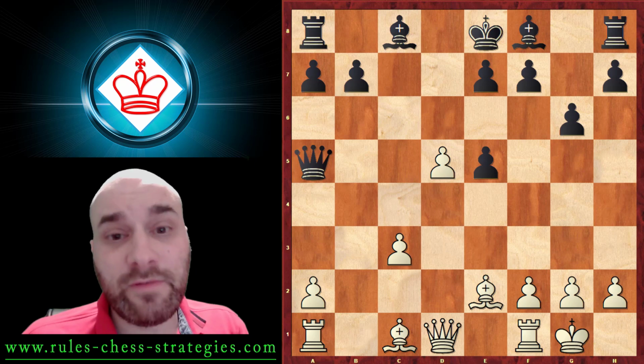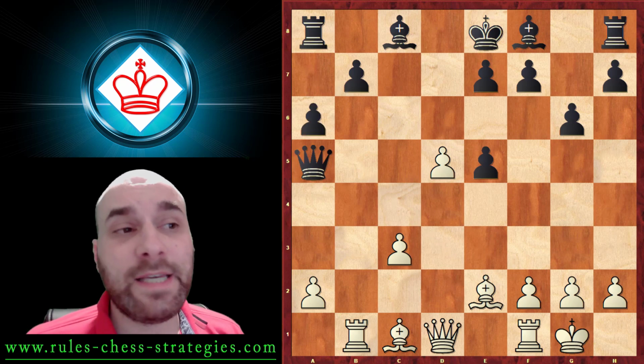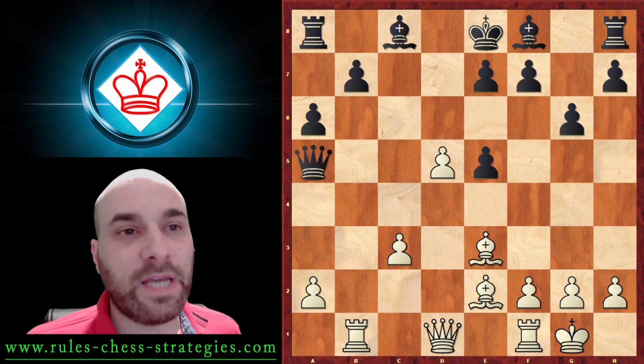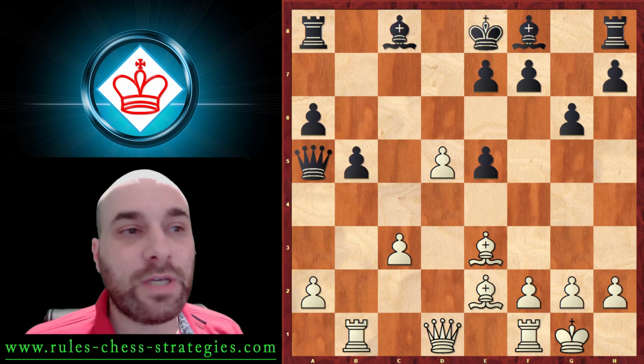He can try to develop his pieces. Finally, we have rook to b1, again with the same idea to give a check here on b5. He can play this, and now we have bishop a3. This is Karpov's game actually, and we're threatening to play this move bishop to b6, so he can play b5,